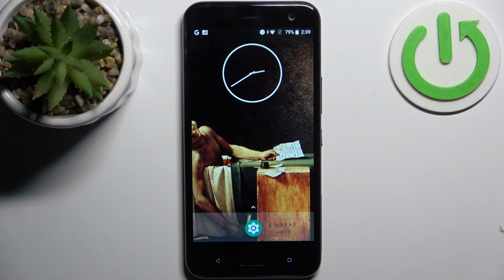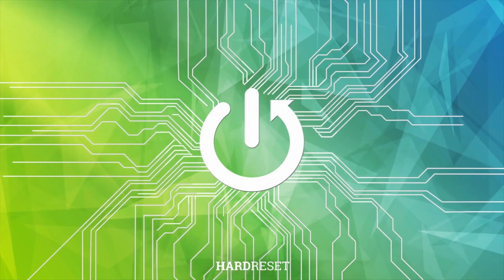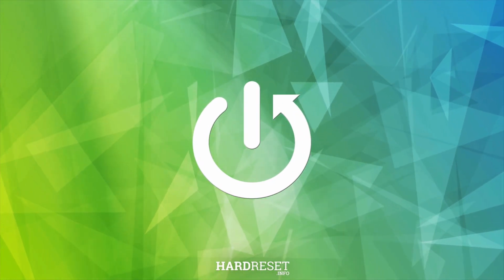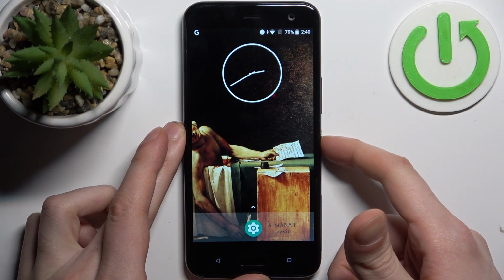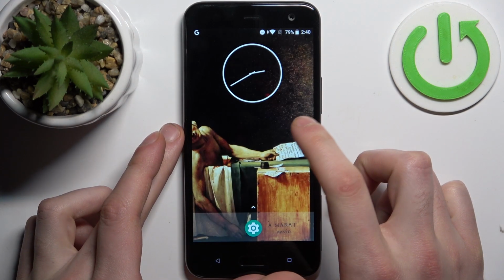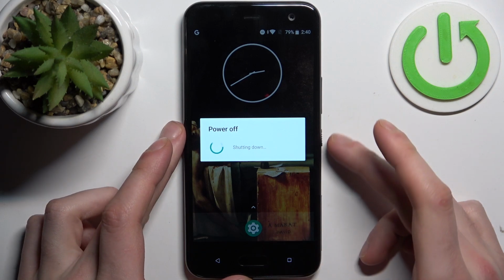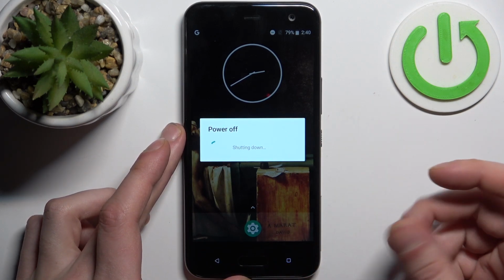Here I have HTC U11 Life, and today I'm going to show you how to enter recovery mode on this device. So firstly, what you have to do is to turn your device off by holding down power key, then tap power off. And after device turns off completely, what you have to do is you